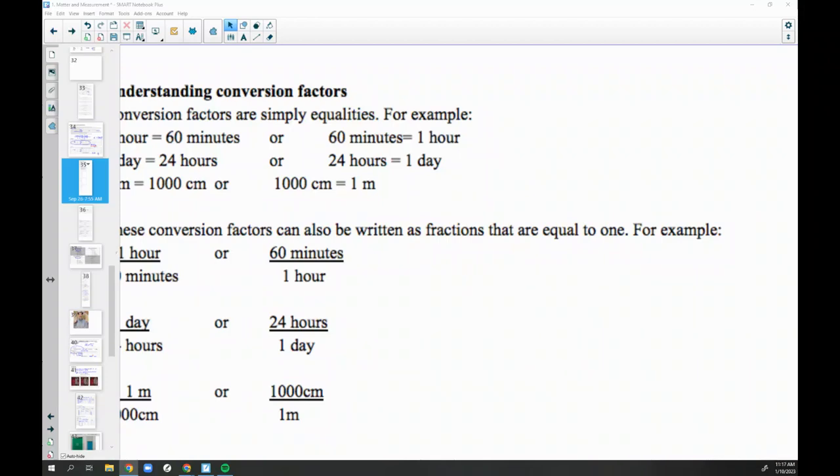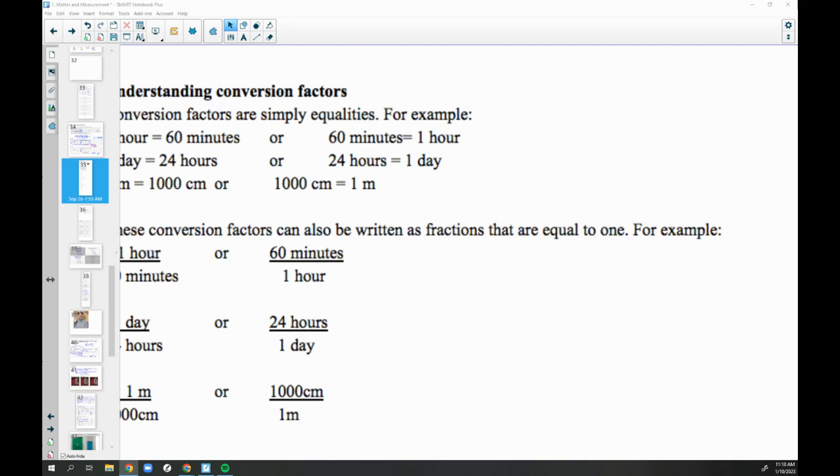Okay, so first of all, on page 44, you'll notice there's a table there of metric conversion factors. You do not need to memorize these. You're always going to have this table at your disposal for quizzes and assessments. All right, so the main thing is to just know how to use it, but it gives you the various